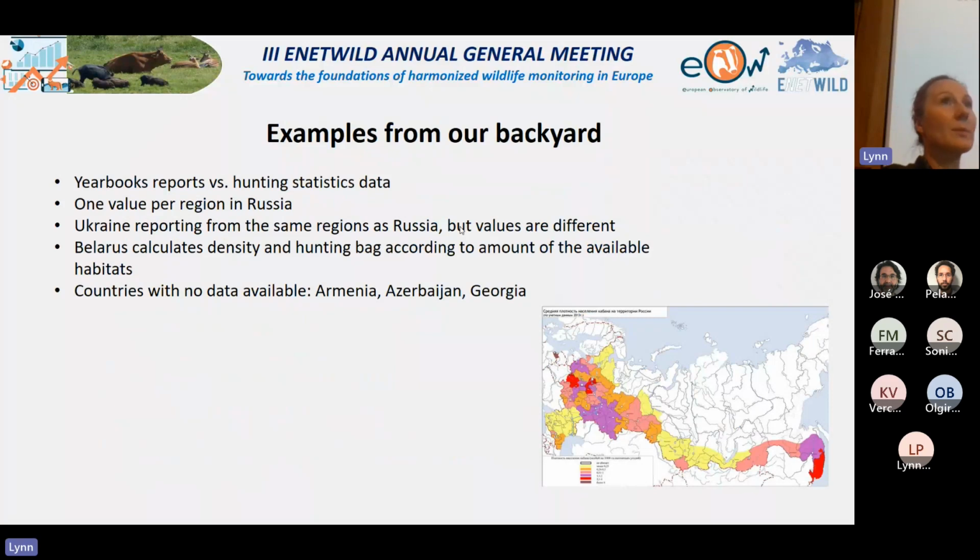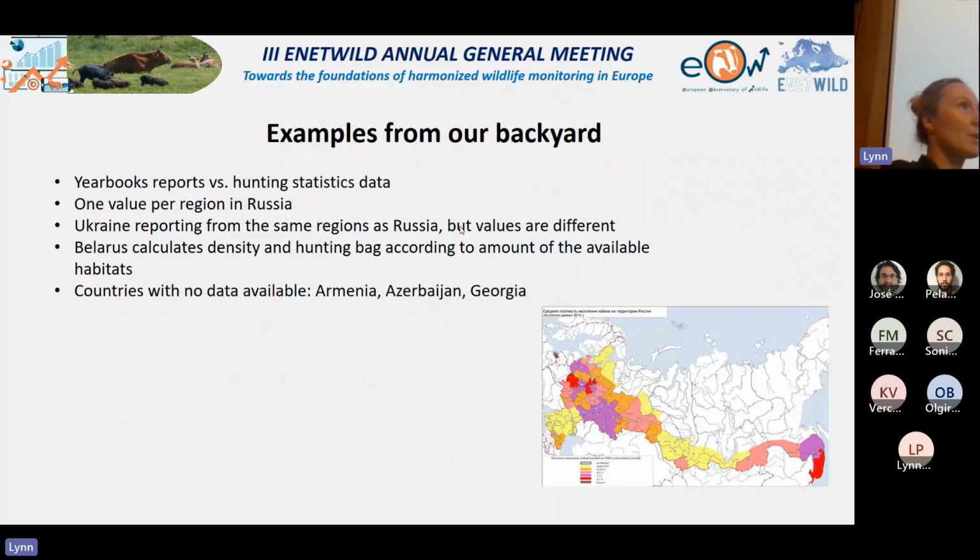But also, sometimes, maybe in Slovenia you have quite a bit smaller ranges, but if I'm asking for or getting the data from Russia, they are giving me one value per region. Okay, nice. And their region sometimes might be bigger than even Poland. So if you get such a value, you don't know if it's a reported number of hunted individuals and you should stick to that, or if we are excluding those values at all.